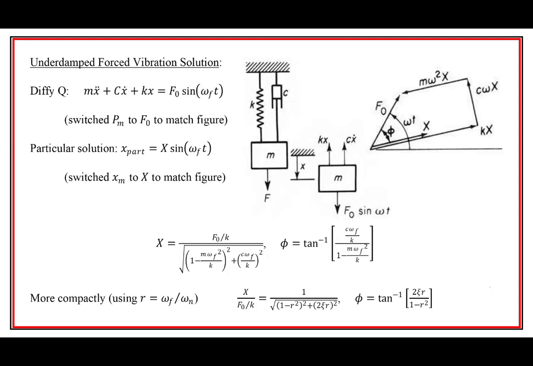And now we get to the underdamped forced vibration, right? So we got the whole kit and caboodle, and we have this as our equation of motion. But note that I switched these magnitudes just to match the figure, because they had this in the figure. Here is a really important